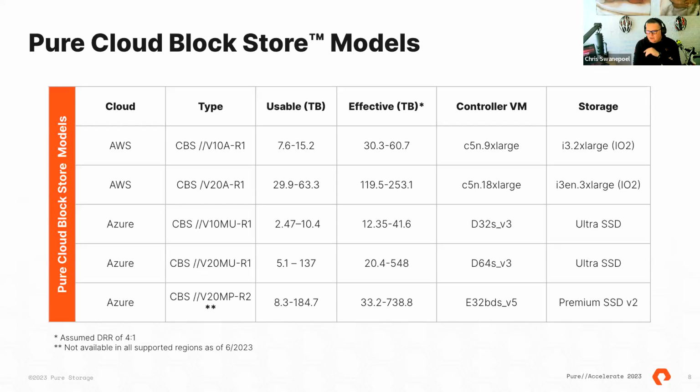Again, these are not cast in concrete. With our Evergreen model, as you're aware, some of those customers are already taking advantage of Evergreen. Once you select a model, we can non-disruptively upgrade from one to another. So you very well might want to start with something a bit smaller, like let's say a V10 on Azure or AWS, but through our non-disruptive upgrade process, you can upgrade your controllers and your infrastructure for your needs as they grow. Thanks, Adam. Let's jump to the next one.